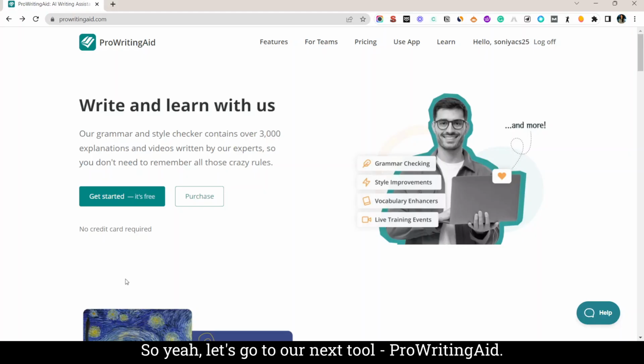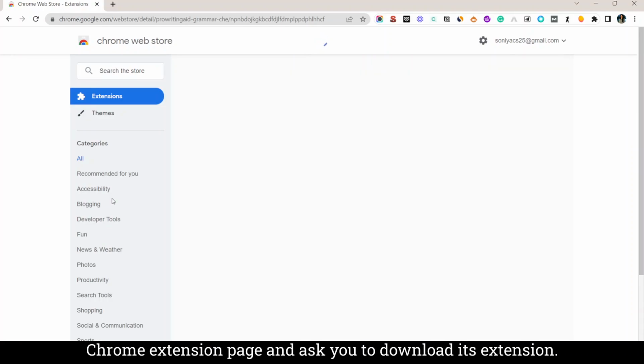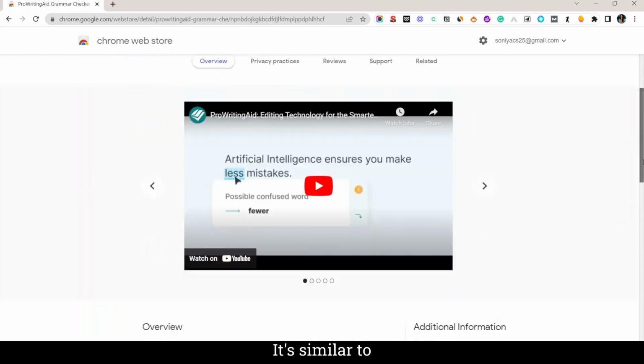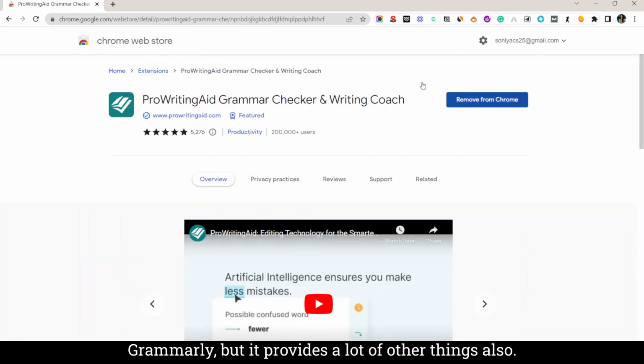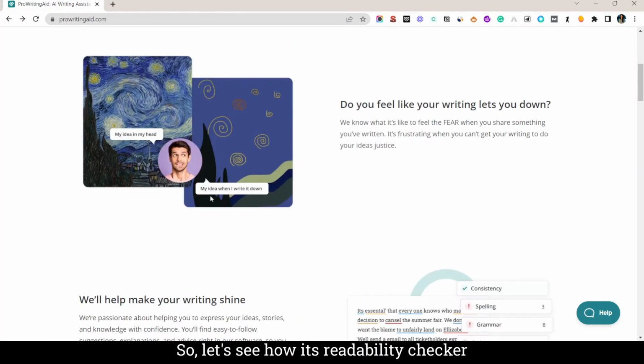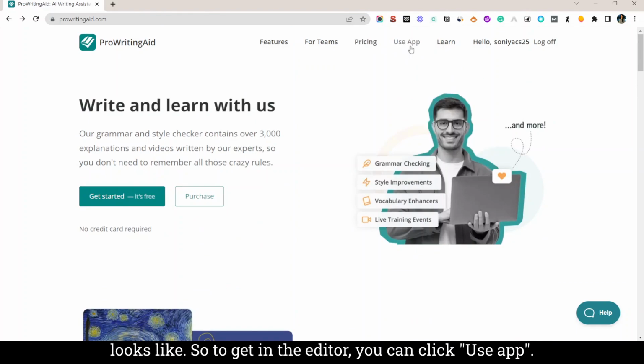This is ProWritingAid. If you click on the Get Started button, it will take you to this Chrome extension page and ask you to download its extension. I already have ProWritingAid, it's a highly rated extension. It's similar to Grammarly, but it provides a lot of other things also. So let's see how its readability checker looks. To get an editor, you can click Use App,